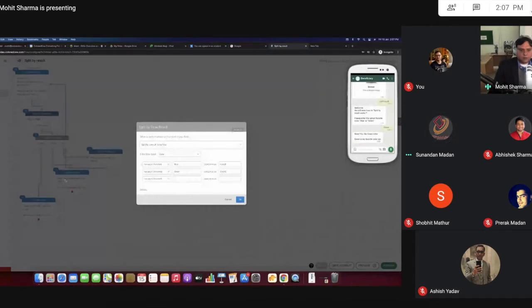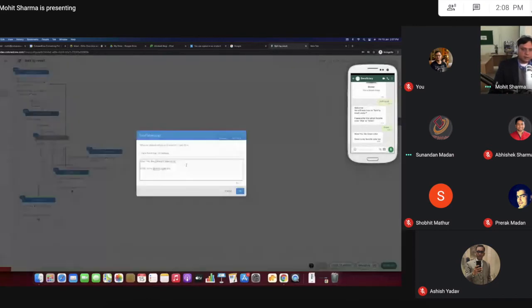For example, if I say result color dot input, this will show the value which the user has entered.